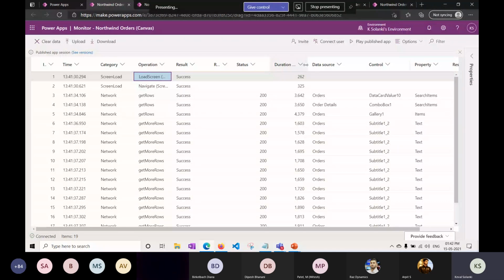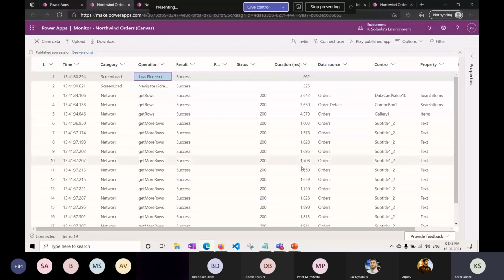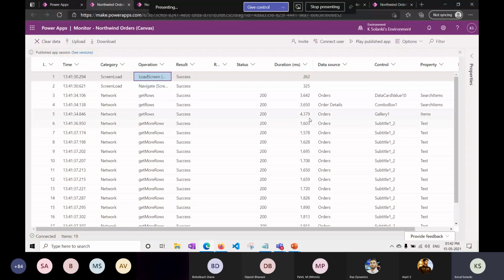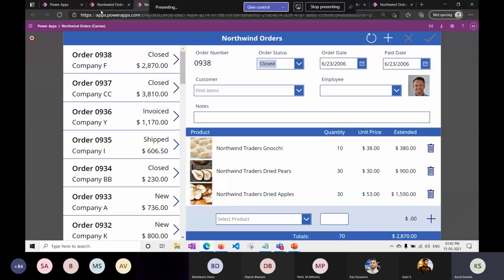And here you can see the duration in milliseconds. Now with this you can observe, for example, if you have a doubt about one of the controls, how much time it is taking, after your improvement for example, or whether you need it or not. Correct. This is one example